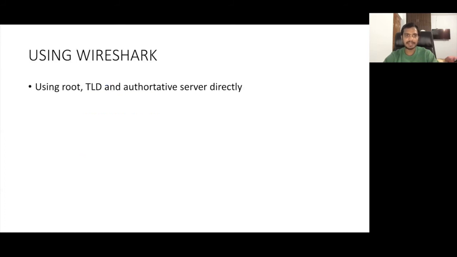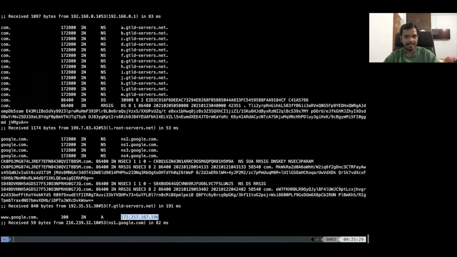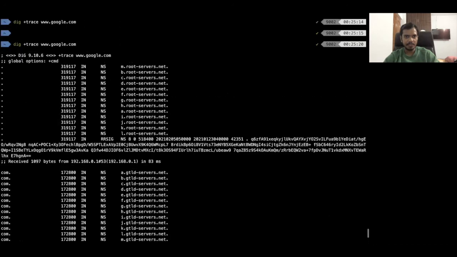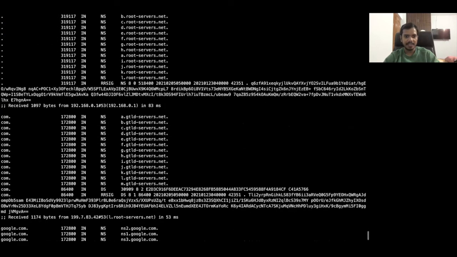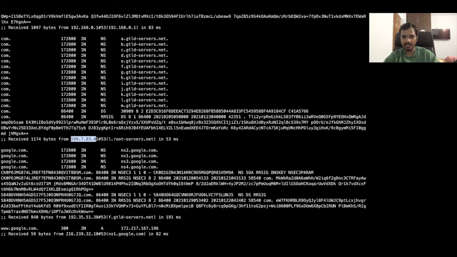Now let's go to Wireshark and see what we have done here with the help of the dig command. And we know from here that it has hit 4 servers, right? In the first place, it hit the local DNS server. In the second step, it hit the root DNS server. In the third, the TLD, and the fourth, the authoritative. So we will see in Wireshark itself what request went and what reply we got. Okay, that we will see in Wireshark.